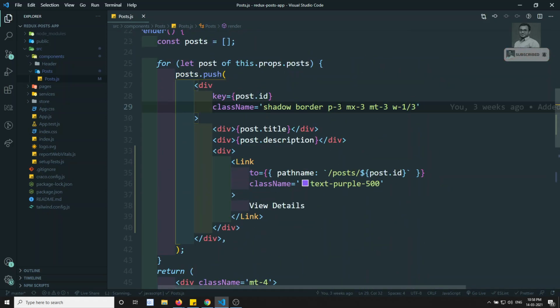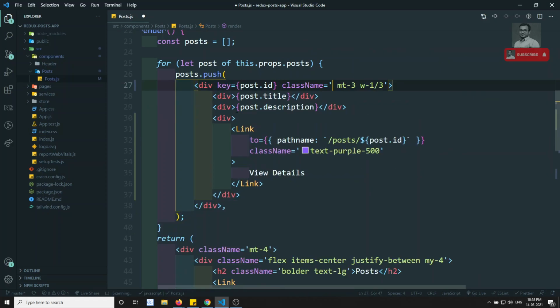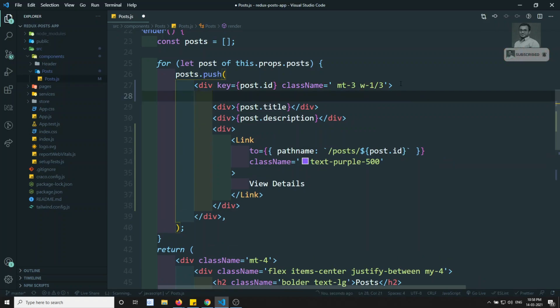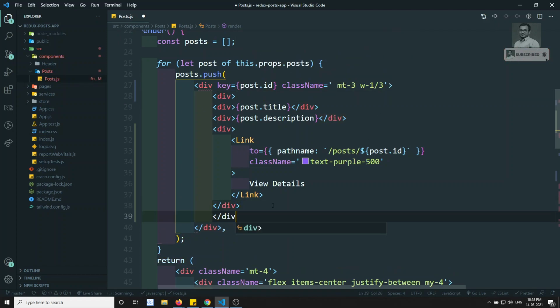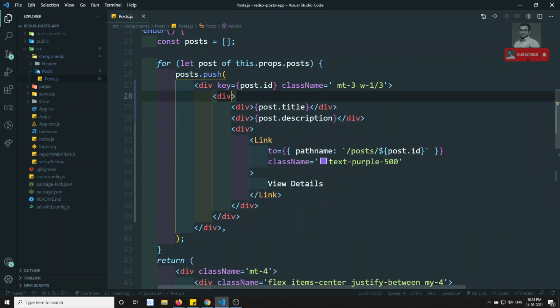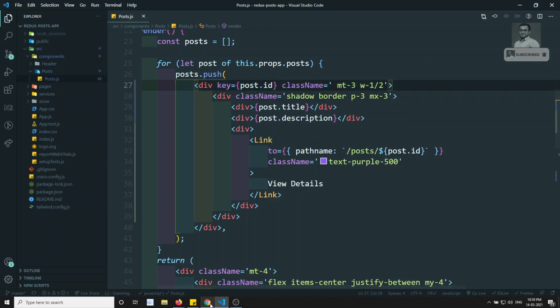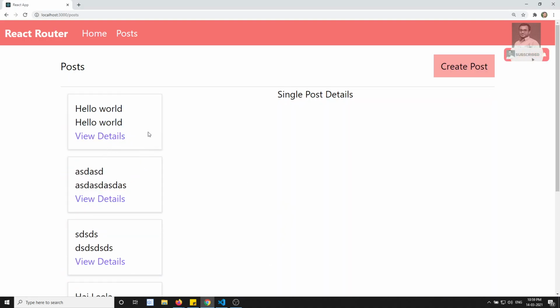So here I can copy all these things, and I can wrap them in one div. These are all the things I need to wrap in one div. Here is the class name I need to give, so that if we apply all these things, I will equally divide it into 1 by 2. Let's see whether it will come or not. Yeah, fine, but I am still able to see these issues.